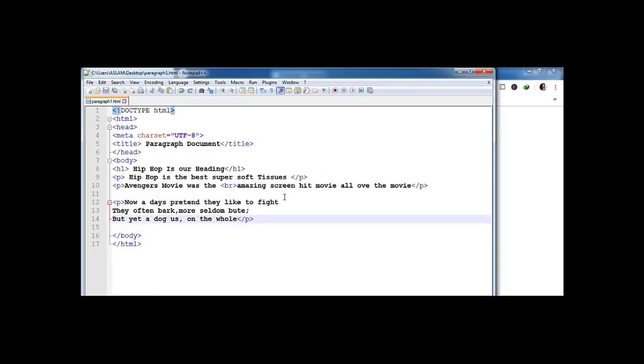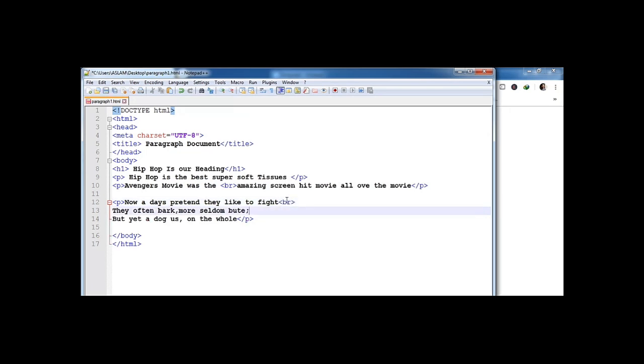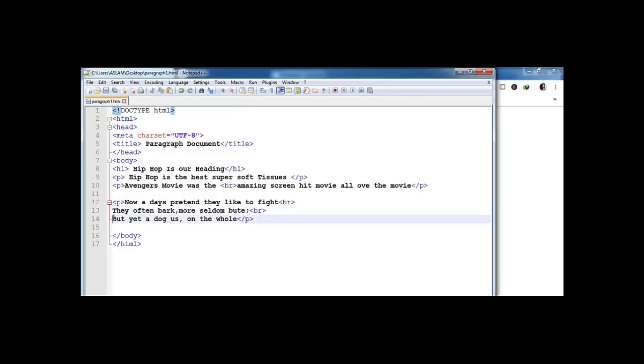Again we'll add the break tag and save. The portion will be shown. Now it looks a little bit like a poem, but there is still not an improvement. If I want to give some space, and change the tag option,